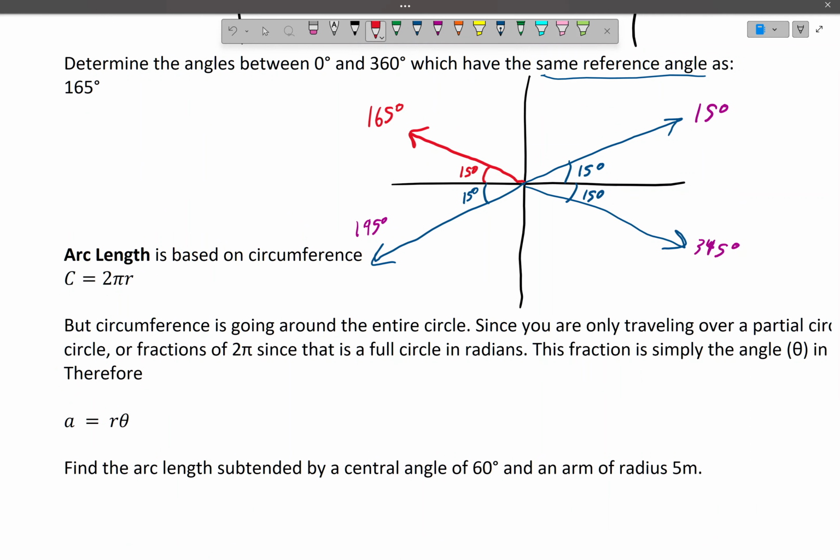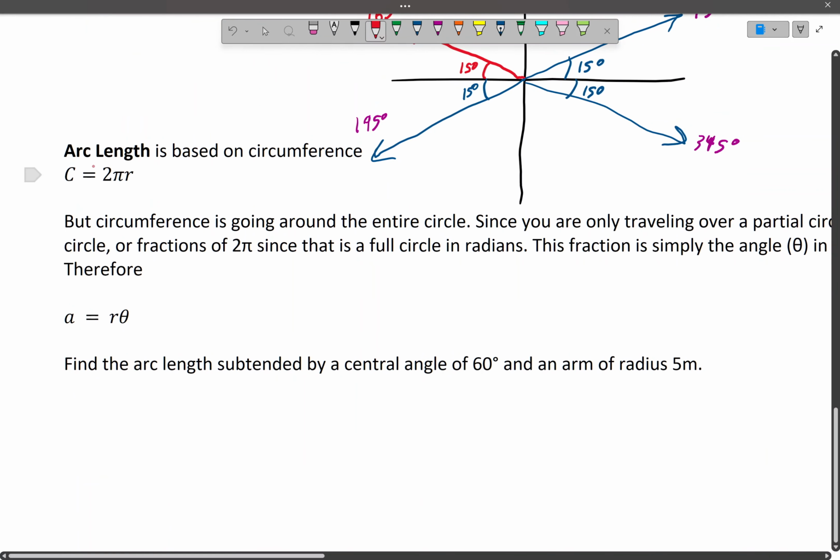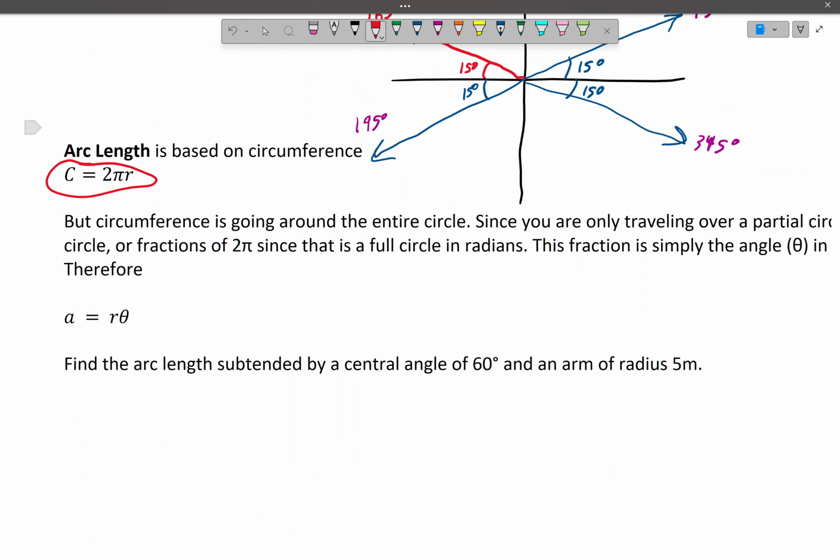Okay, arc length is based off circumference, but this is the idea of radians, right? This is basically the definition of radians. Radians are where the radius is 1. 2 pi is a full circle when the radius is 1. So all we have to do is the same exact thing. This is when we have a full circle, right? So a full circumference. But if we have a partial circumference,